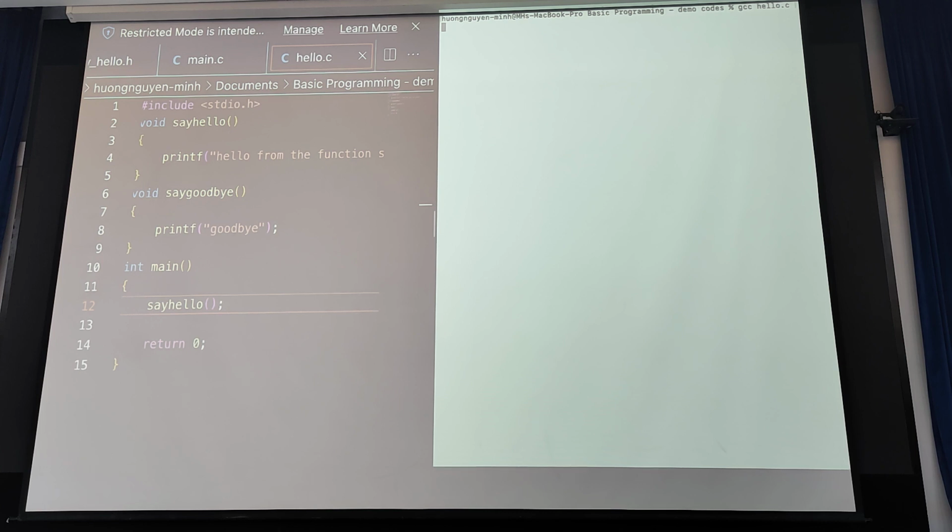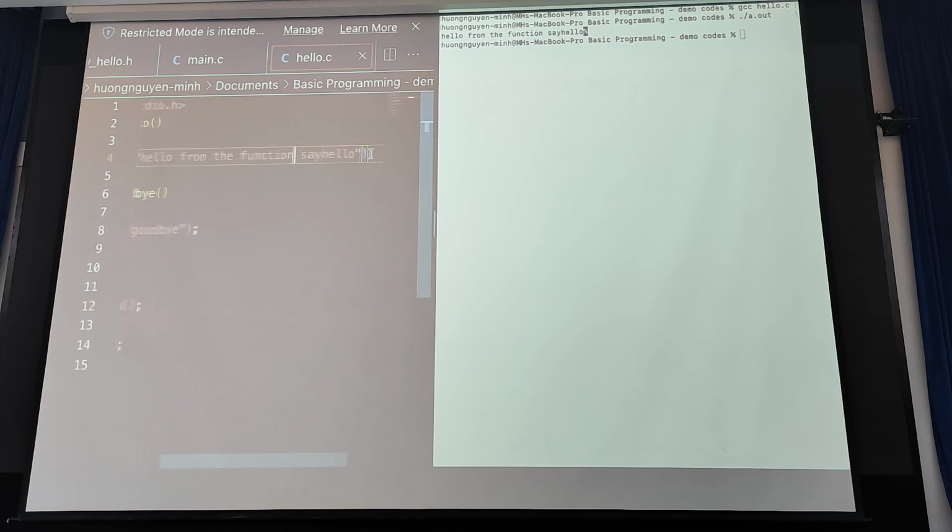And run it. Let's say I call only the say hello. So only the text, the string from the say hello function is printed out.